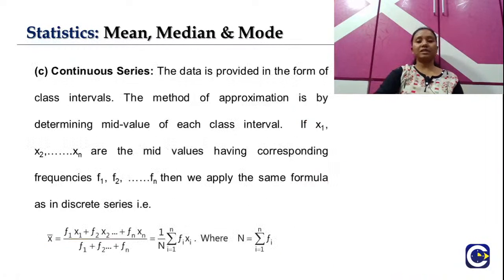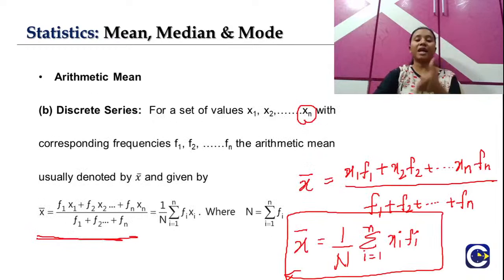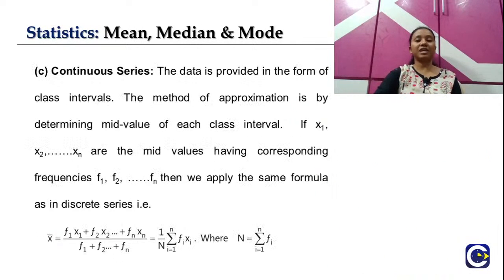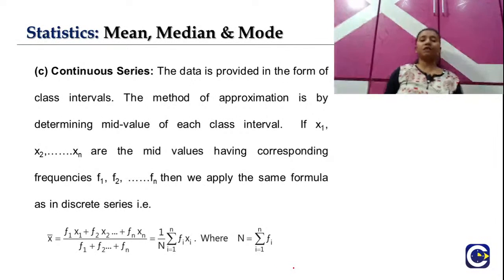So now the next series here we're having is a continuous series. For continuous series we'll be having the same formula as we apply for the discrete series, but there will be a slight change here, because for continuous series we won't have the direct x values. Instead we will be having intervals. Right, so now we have to find this x value in order to apply the discrete series formula, because frequencies will be there for each of the intervals, the corresponding frequencies.